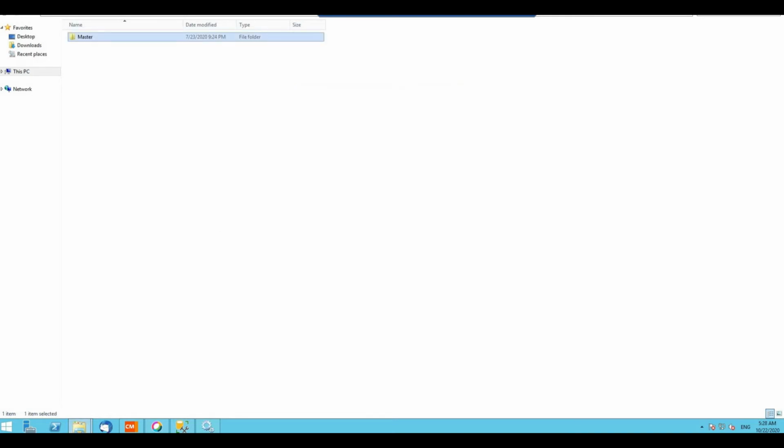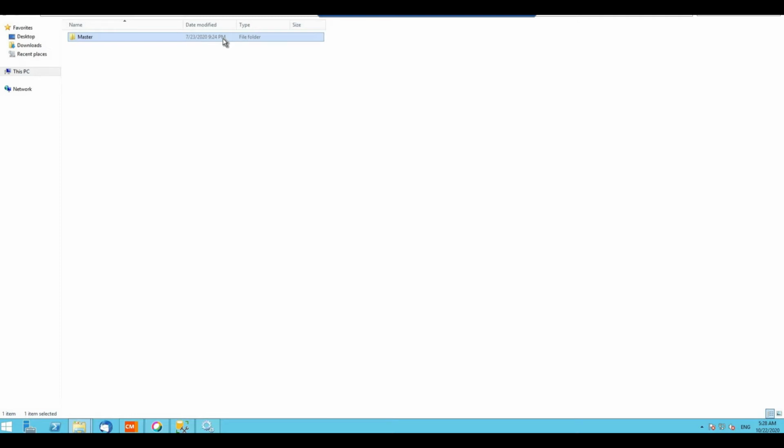Now, as mentioned in the slide, if we use the OS deployment module, then we must take a backup of the OS deployment directory on the OSD manager device. If the master server itself plays the role of OSD manager, then we do not need to take a separate backup of that directory because it is already a part of this master directory that we have taken the backup of. But if we use another device as the OSD manager, then the separate backup is needed.